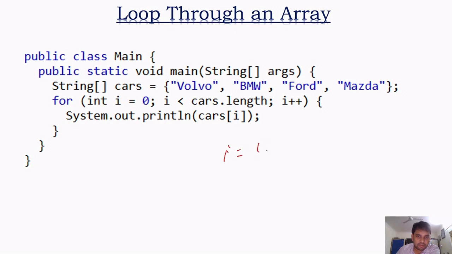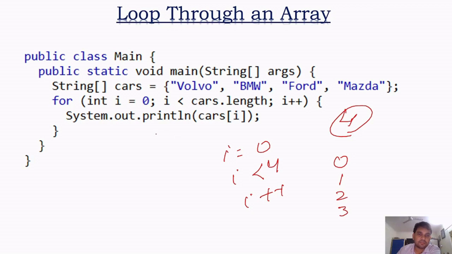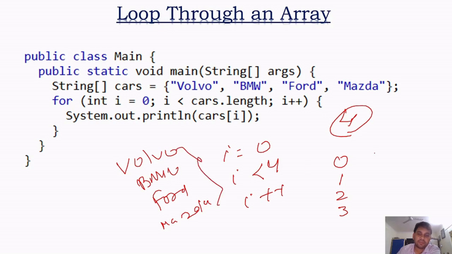So i is equal to 0, i less than cars.length। cars.length का मतलब कितना है? 4, जो हमने अभी कैलकुलेट किया। सो i less than 4, i plus plus, मतलब 0 1 2 3। सो System.out.println cars[i], मतलब क्या प्रिंट होगा? वॉल्वो, BMW, फॉर्ड, माज्दा। सारा प्रिंट क्यों हो जाएगा? बिकॉज द कंडीशन हैज बीन गिवन एंड इट सेटिस्फाइज द आउटपुट 0 1 2 3।